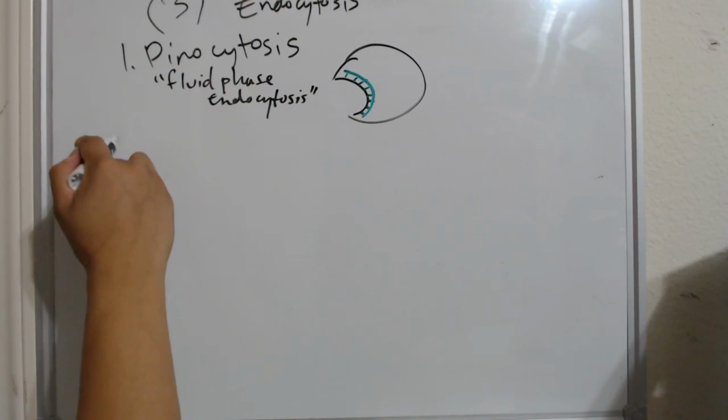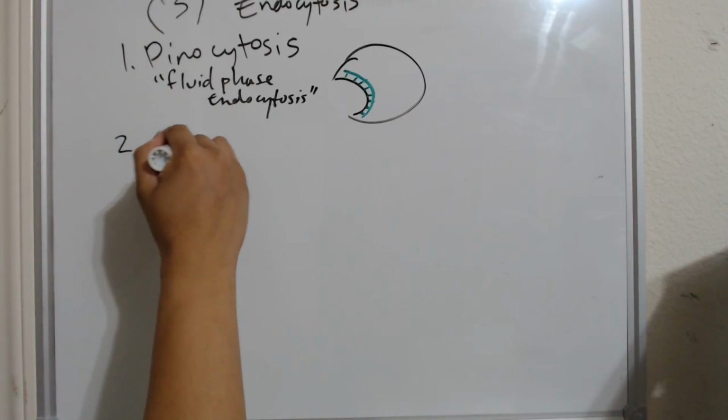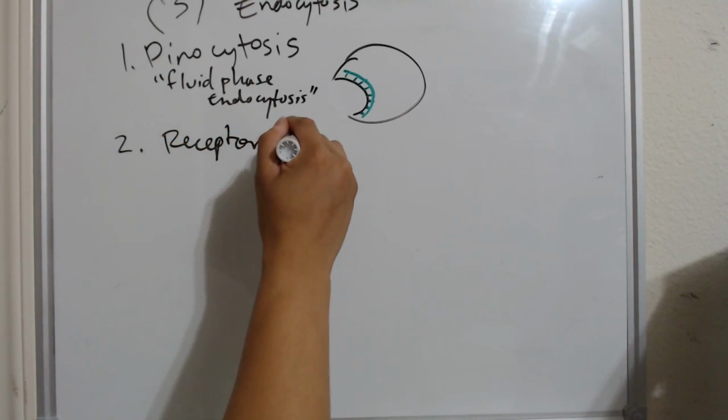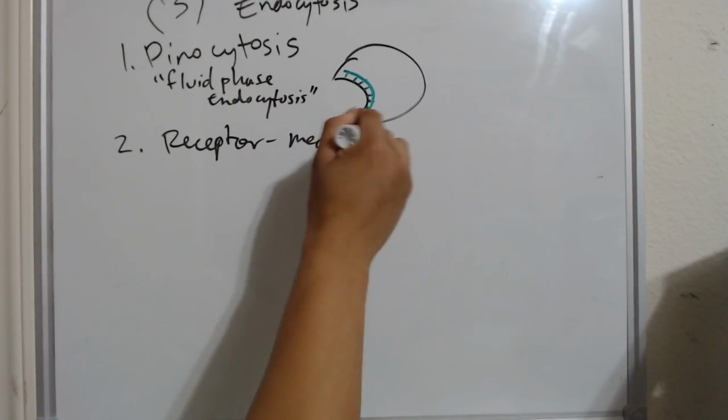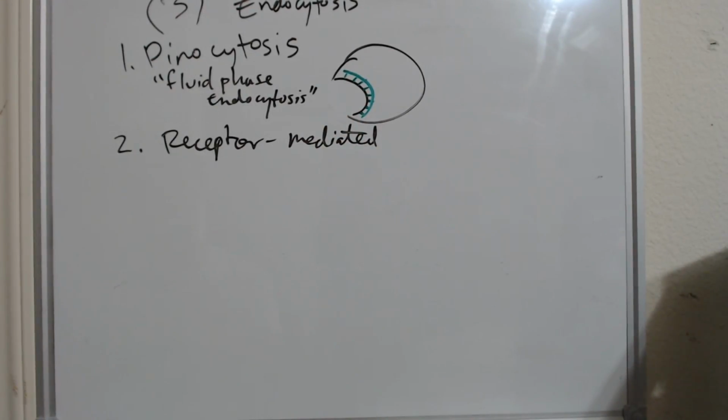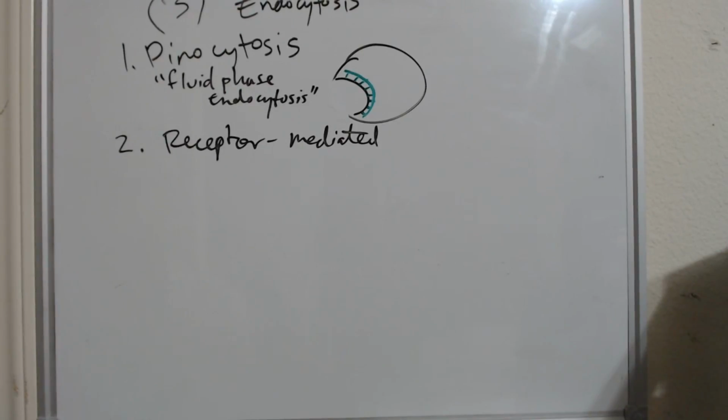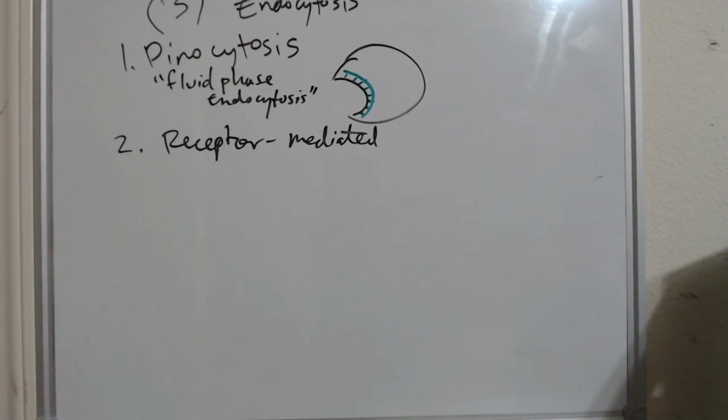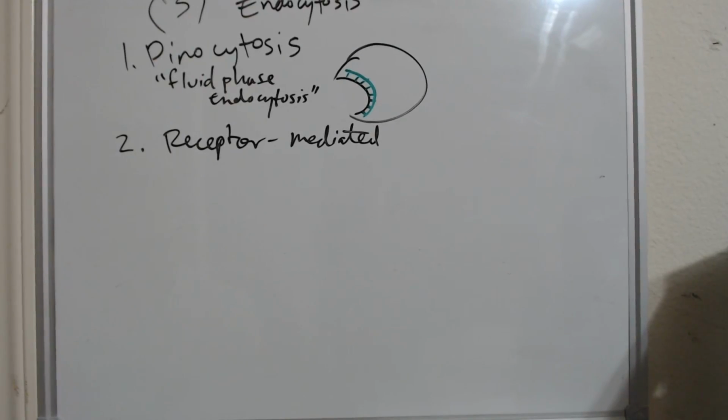Second one is called receptor mediated. So that means it can choose what molecules the cell wants to absorb. So there's a target molecule that has a sequence that will match with a specific receptor. And once that molecule is attached to that receptor, then of course more codimers will come from the inside and make a pocket, make a vesicle to absorb whatever molecule is chosen.